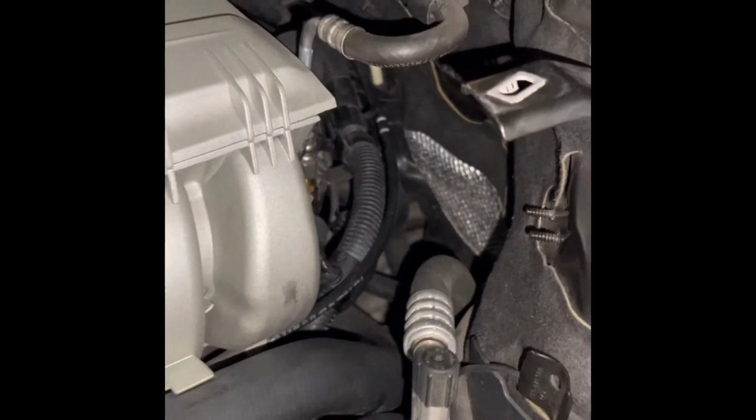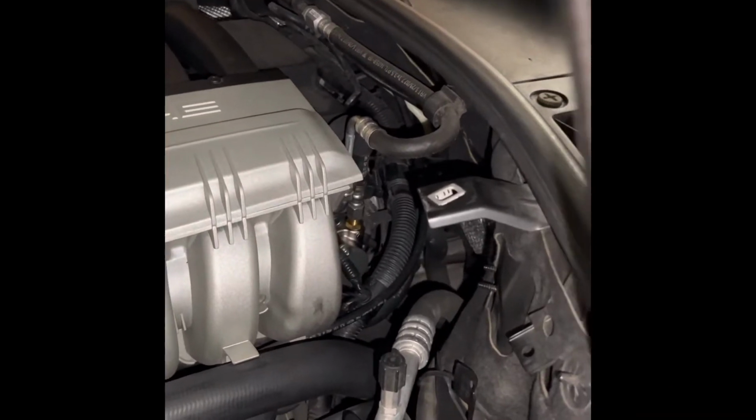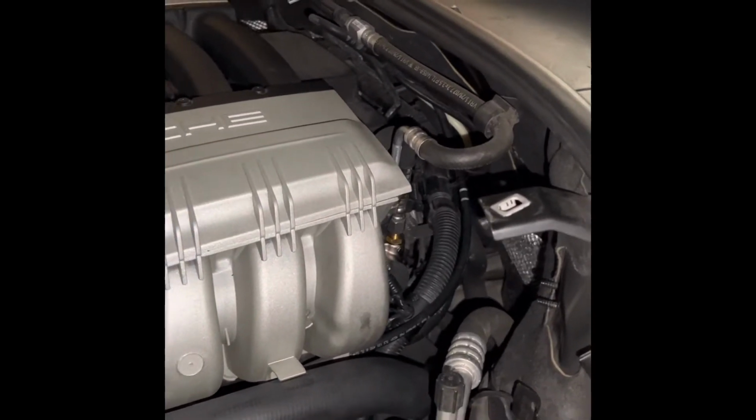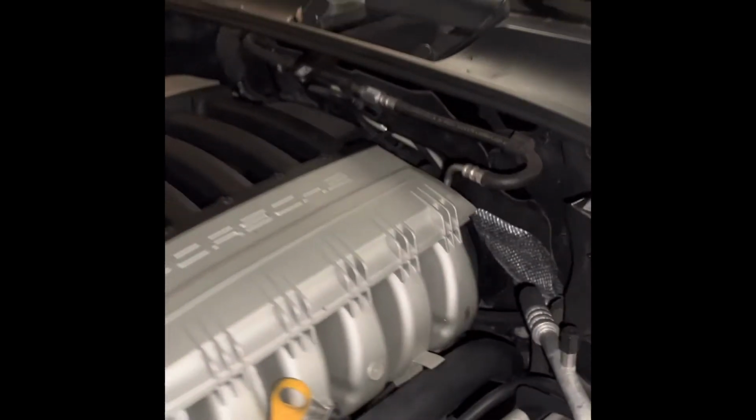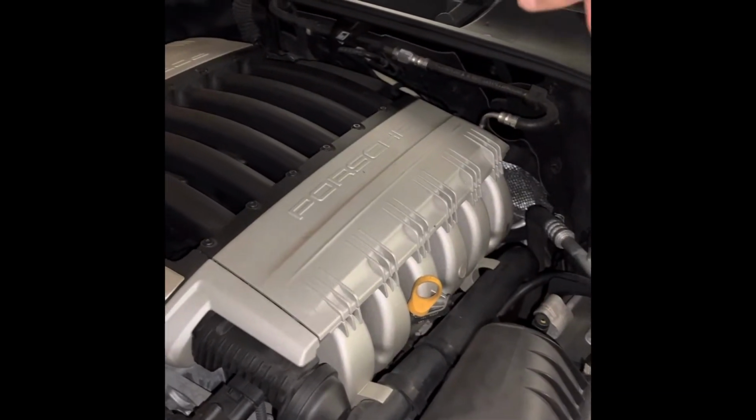Okay, 2008 Cayenne, and they're going to replace the fuel pressure sensor, which sits back here. So first thing you have to do is take off the beauty rings, take off the side one and the back one,